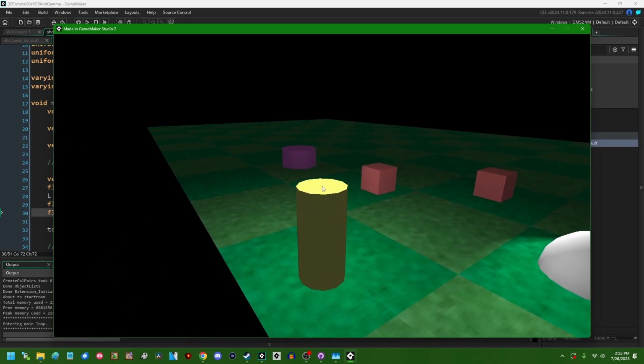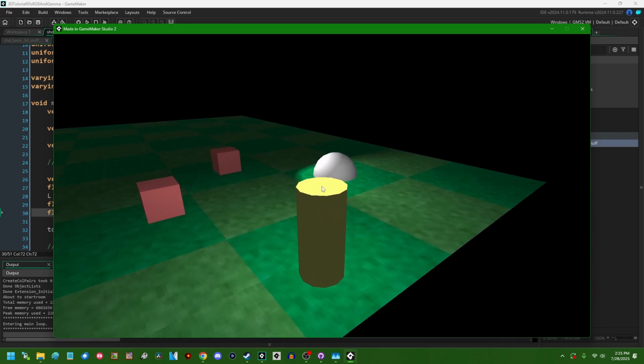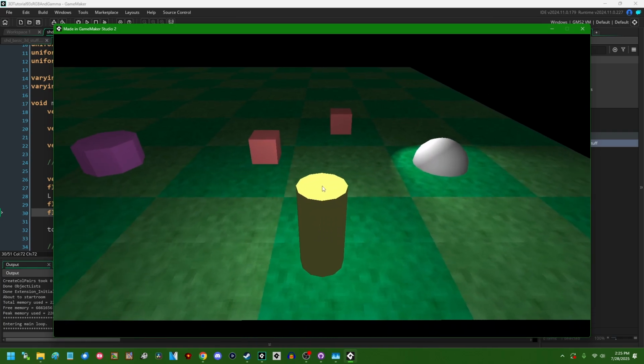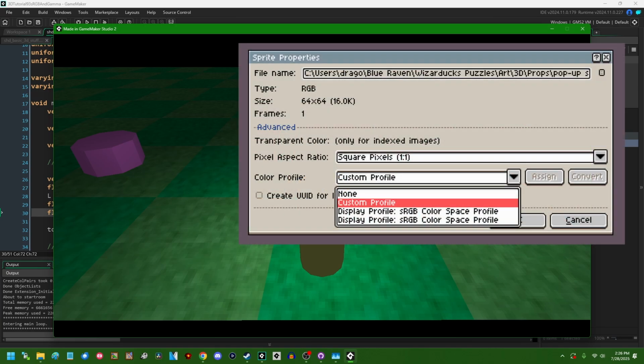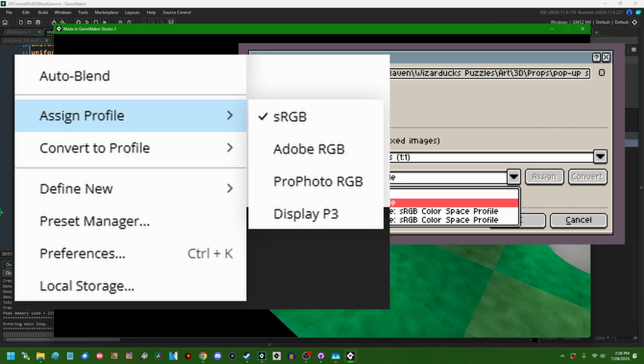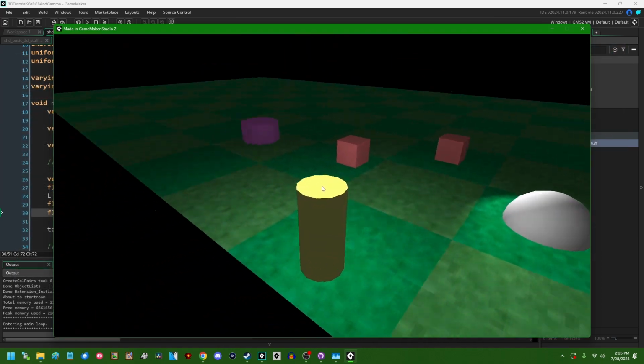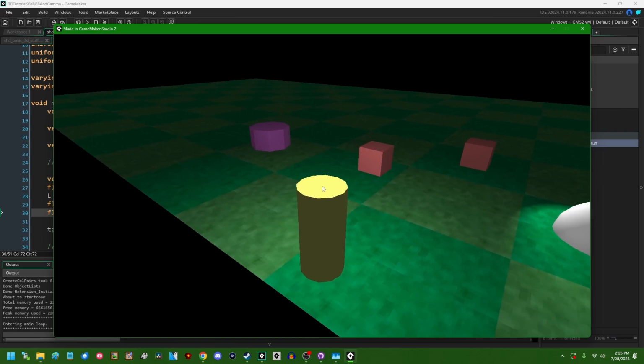Most of the images and graphics and pictures that you will store on a computer screen, in a computer file, those are actually encoded in what is known as sRGB. And I'm going to say a lot of words like "most of the time" and "usually" because of course it's not always. Generally, when you go into an image editing software and you save a PNG or whatever, you're given the choice whether you want to use a linear or sRGB color profile. We're going to be assuming in this video, because I don't want to go insane, that by default most of the sprites and whatnot that you add into your GameMaker project are going to be stored in sRGB,